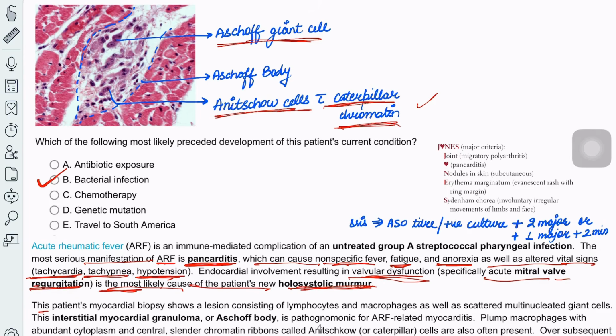holosystolic murmur. This patient's myocardial biopsy shows a lesion consisting of lymphocytes and macrophages, as well as scattered multinucleated giant cells. This interstitial myocardial granuloma, or Aschoff body, is pathognomonic of acute rheumatic fever related myocarditis. Plump macrophages with abundant cytoplasm and central slender chromatin ribbons, called the Anitschkow cells or the caterpillar cells, are also often present. Over subsequent years, Aschoff bodies are replaced by fibrous scar tissue, leading to chronic mitral valve stenosis and